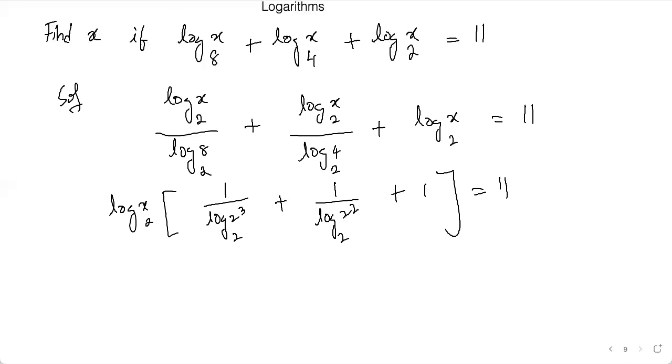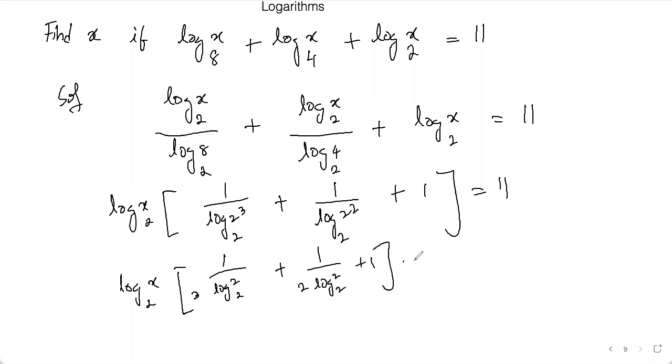And then further, it will be log x to the base 2, and this can be written as 1 by 3 log 2 to the base 2 plus 1 by 2 log 2 to the base 2, and this is 1. On further simplification,